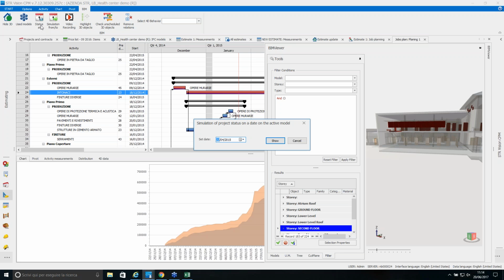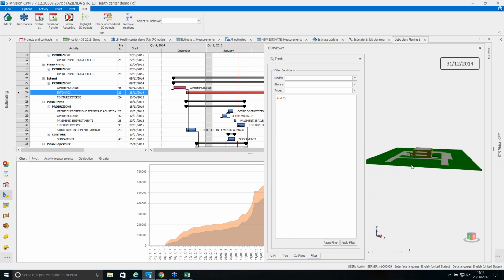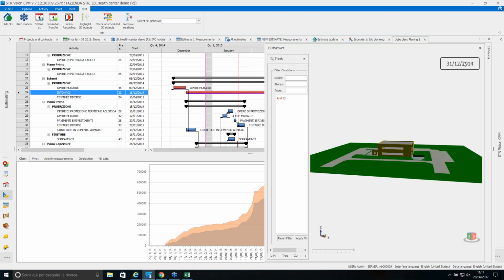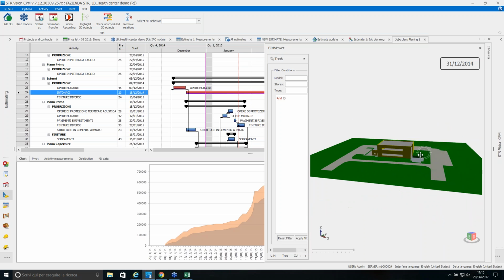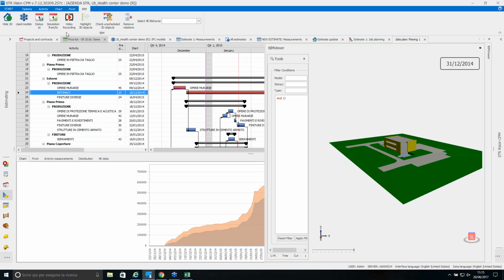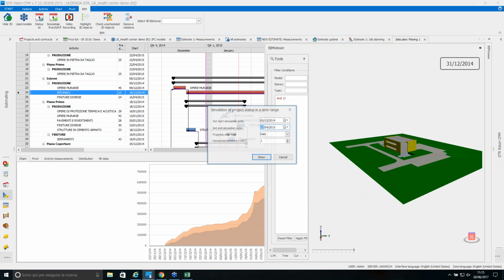So for example, if we press the button status at and set a date and press show, the system is showing me which is the status of my building site at the date I have chosen in the calendar. And if I press the simulation from to,